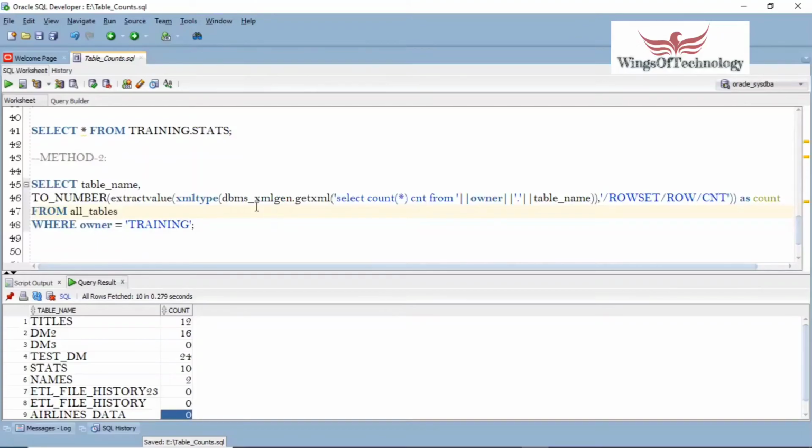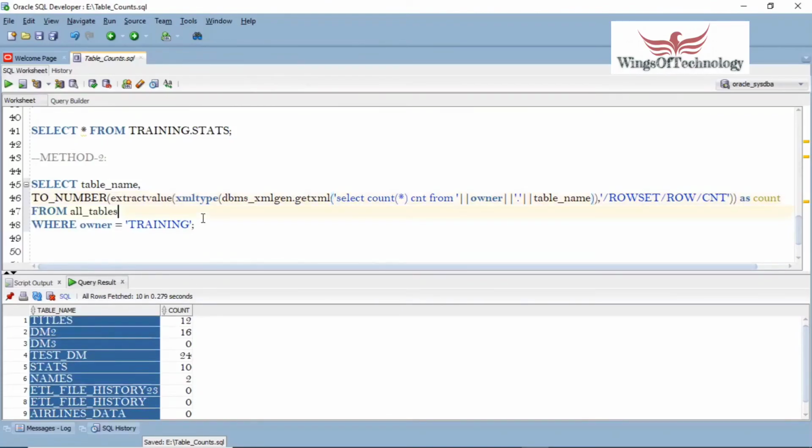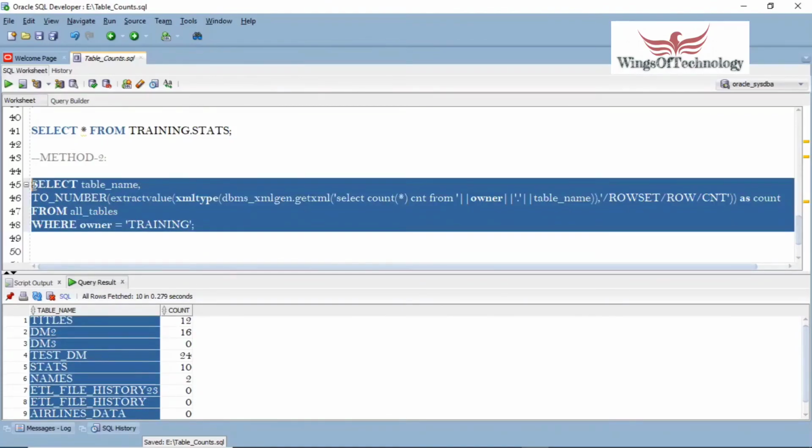This is done using the DBMS XML gen package. There we have one function, getXML, and we are using that function to get this result. Internally it uses XML formats, and then it converts into the normal table format at the end. Yes, this is about method 2.